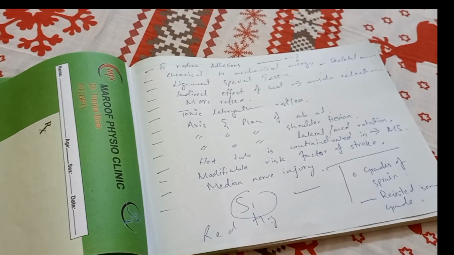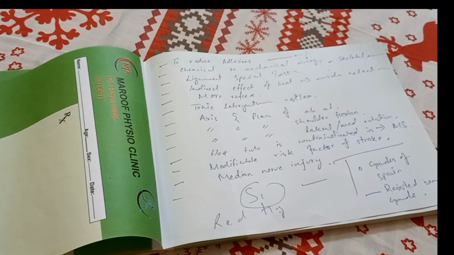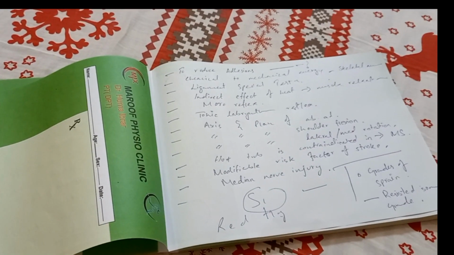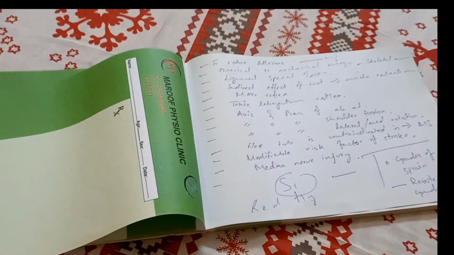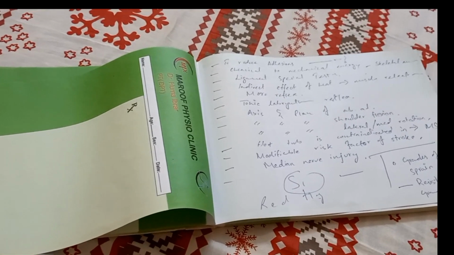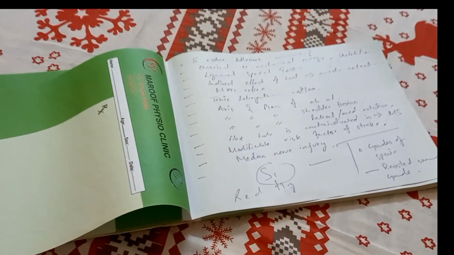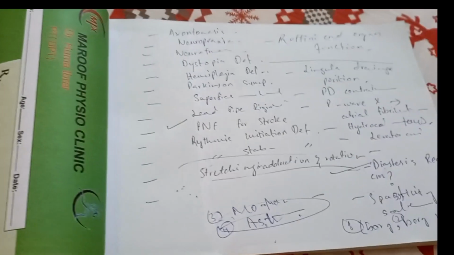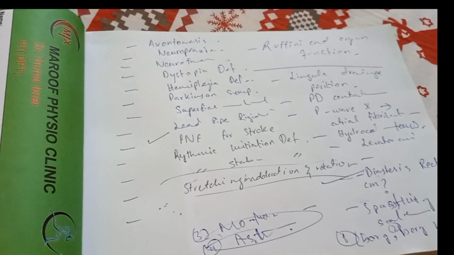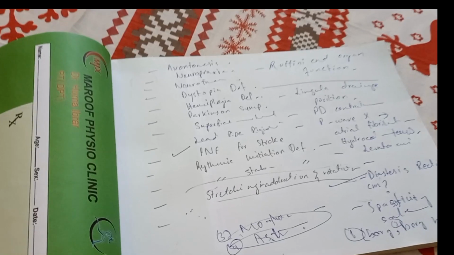Okay. Flexion of elbow in neutral position of elbow, that was brachioradialis, biceps brachii jerk, quadriceps jerk nerve root, S1 dermatome diagram, red flag sign for acute low back pain. The options were pain, loss of reflexes, spinal signs. You should know grade of sprain. Okay, then resisted isometric grade, question on axonotmesis, neuropraxia, neurotmesis, dystonia definition, hemiplegia definition, Parkinson's symptoms, rigidity and tremors.